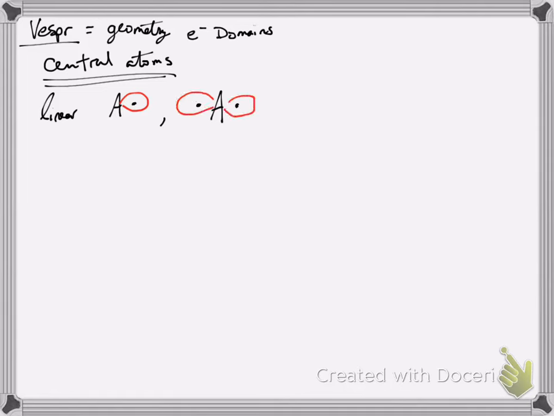And notice this creates a linear pattern, as in it's straight right next to each other, which is very useful. And if we have more than these two, if we have three, you would have here 3 valence shell electrons,